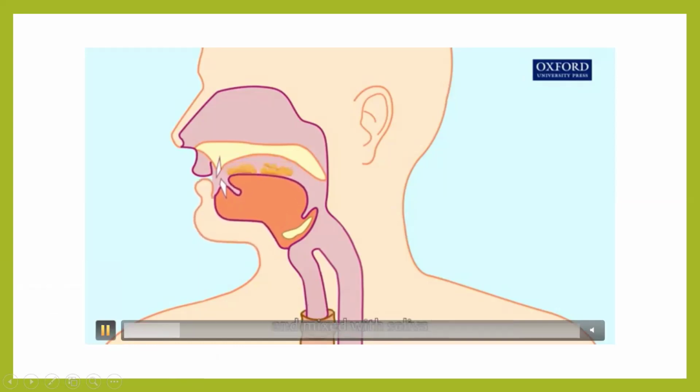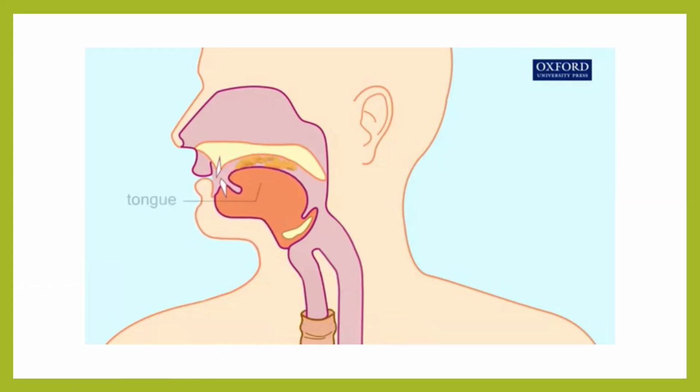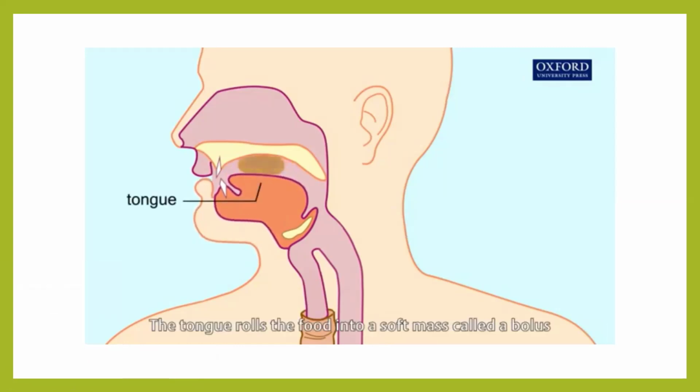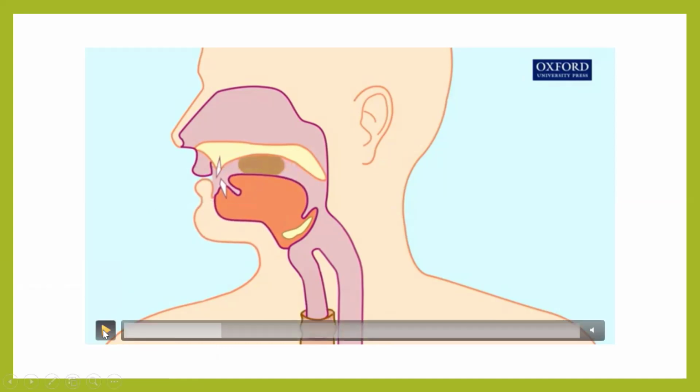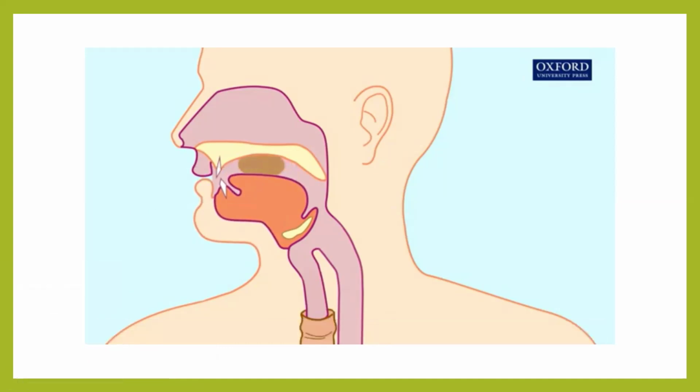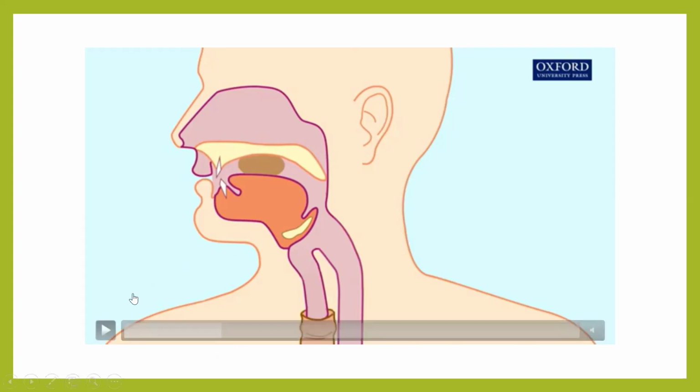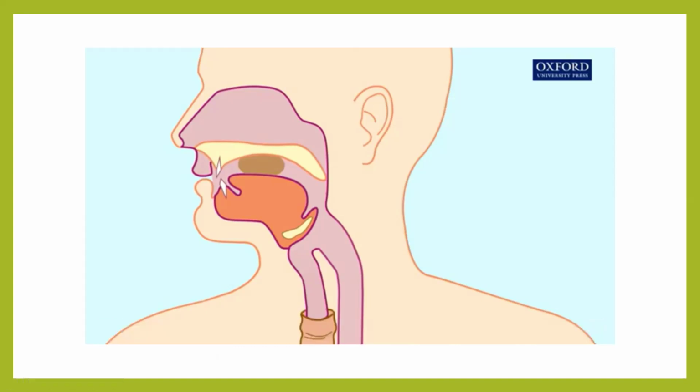You can see it's chewed. See the tongue and the jaw equally moving for it. Now you have made the bolus. That kind of thing is called the bolus that we all make using the saliva and the tongue before we push the food back. Once we make that, what happens? We have to push the food back for the swallow, for us to swallow the food. The tongue will raise from the front and at the back it will bend and you will push the food. I will show you here.